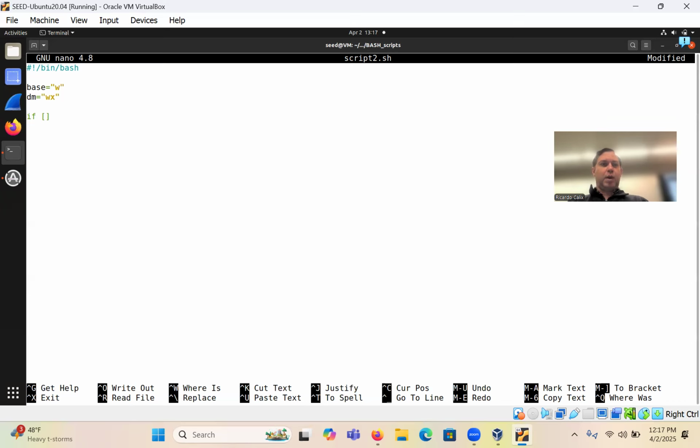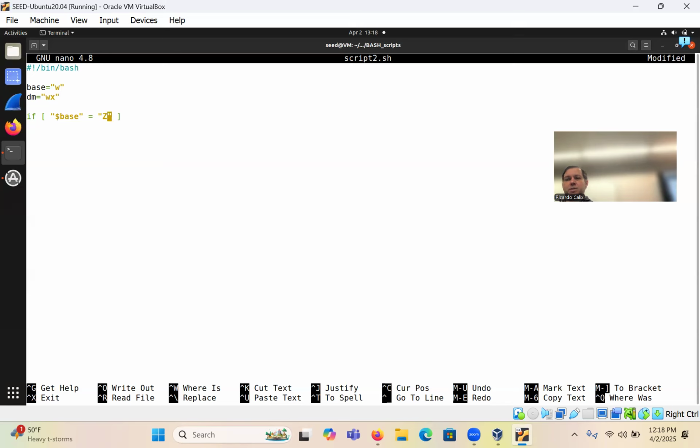So essentially you can do if, square brackets, and then notice the spaces that I'm using. Double quote, and then for a variable that you've defined, you use the dollar sign. So you're going to say $base like that, and then one equal sign for the equality, and then some value that I'm comparing it to. Obviously this one is not in the variables, so this will evaluate to false, right?